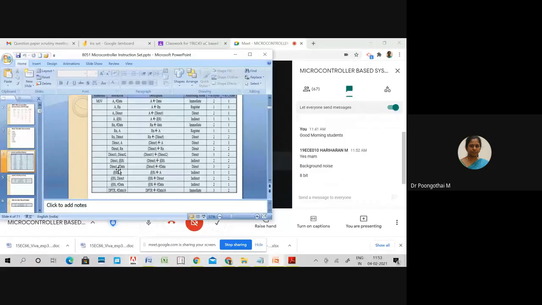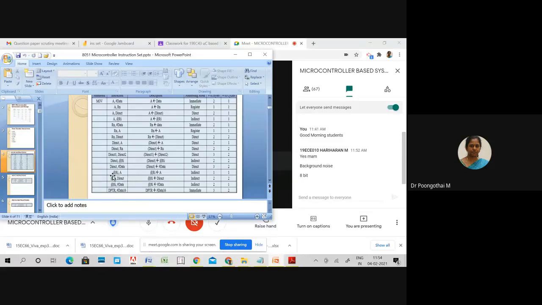Quickly tell me, we will complete the move instructions. Ma'am, the data will be transferred to the internal RAM address given in the direct operand. Please remember, after these MOV Rn comma A, all are 8-bit data transfers. MOV direct comma hash data is an 8-bit data transfer, so data is transferred into your internal RAM memory.